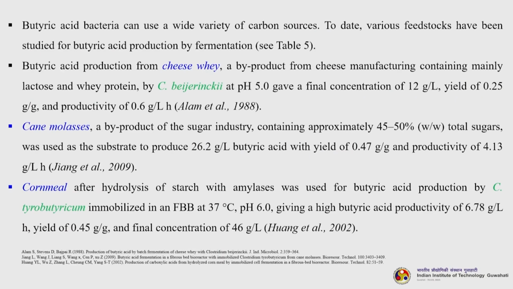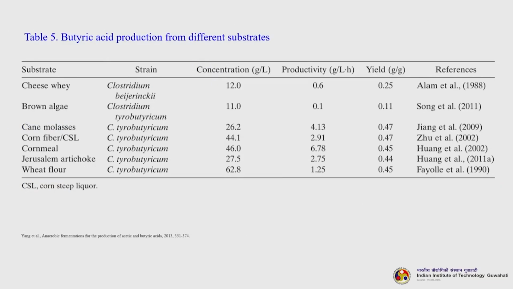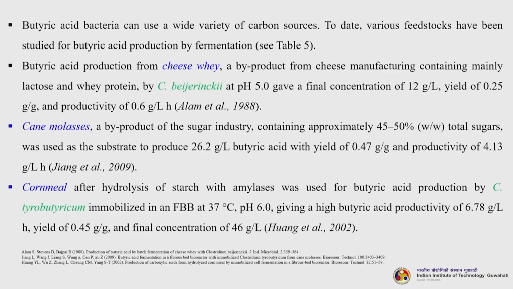Butyric acid bacteria can use a wide variety of carbon sources. To date, various feedstocks have been studied for butyric acid production by fermentation. It is presented in table 5. We will come back to it later. So, butyric acid production from cheese whey, a byproduct from cheese manufacturing containing mainly lactose and whey protein, by Clostridium beijerinckii at pH 5 gave a final concentration of 12 grams per liter. It is a very good concentration actually, a yield of 0.25 gram per gram and a productivity of 0.6 gram per